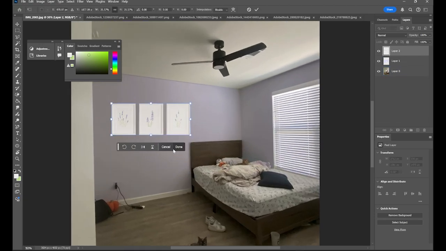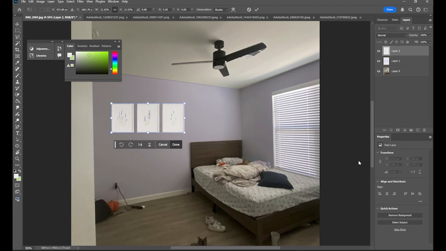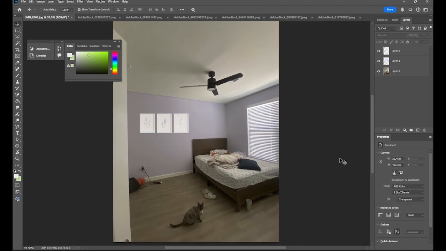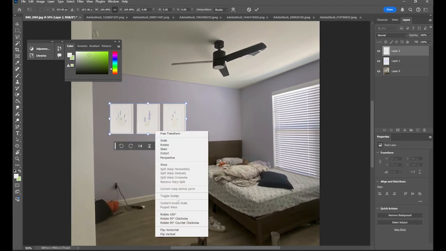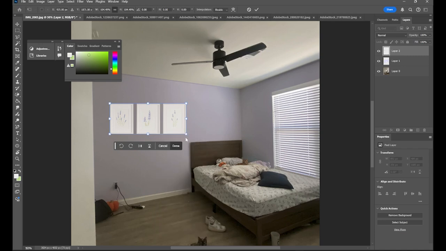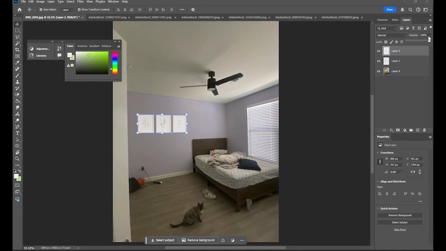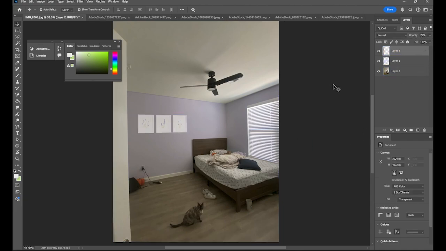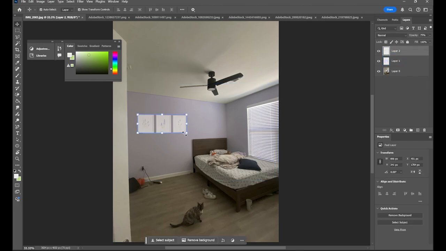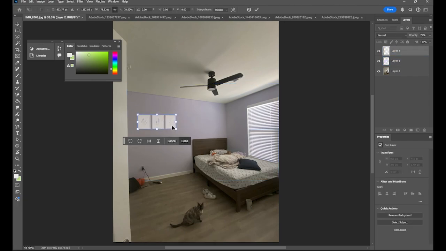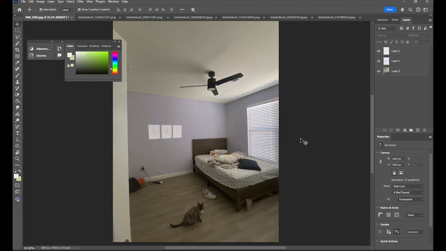And right now, because I took this photo at an angle, this does not look natural. It looks like it's just floating there. I'm going to right click, and I'm going to hit distort, and I'm going to just angle it and see which looks best. And it looks like it actually is attached to the wall. It still looks a little out of place, so I'm just gonna lower the opacity a little. That way it's not glaringly obvious. And I'm just gonna shrink it down a little bit and see where I can place it. Okay, now I have this going on.